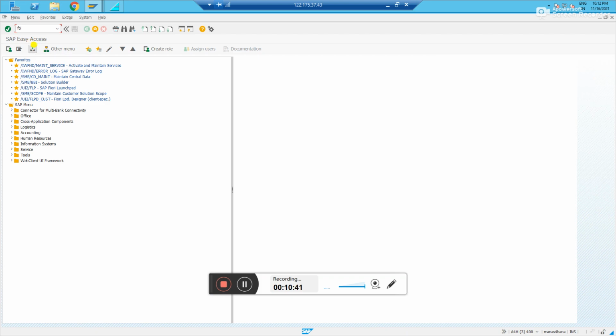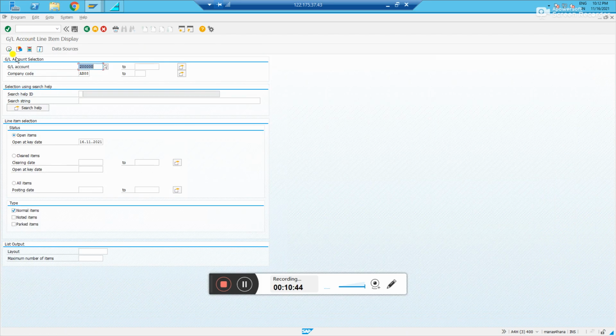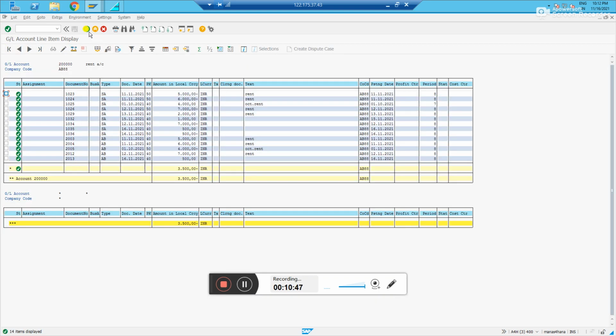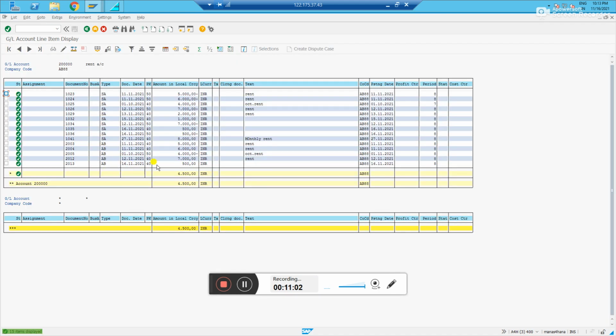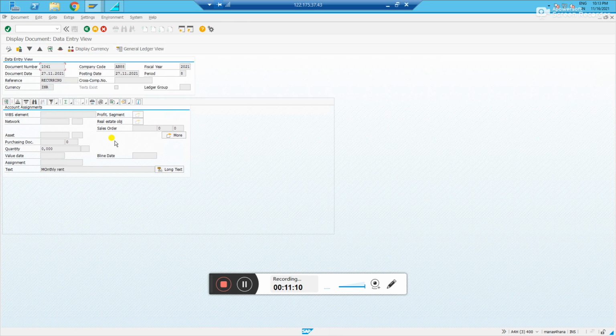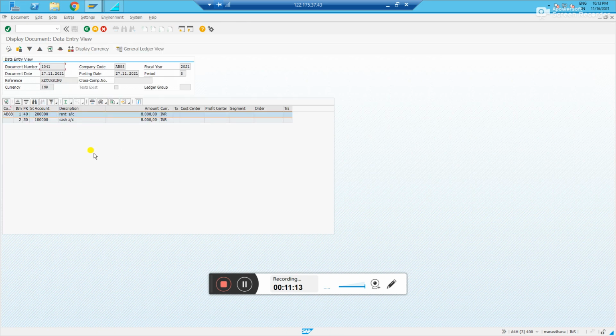Let us go now to FBL3N and let us see the rent GL account. Now you see, make sure you select the right open item date. We have posted on the 27th, right? If you select the 16th, the 27th postings will not appear, right? That is the reason you have to select the right open item date. Okay, you see here, this is the monthly rent, right? This entry has posted as a real entry, right? This is the way you need to create a recurring entry. You have to post. Okay,